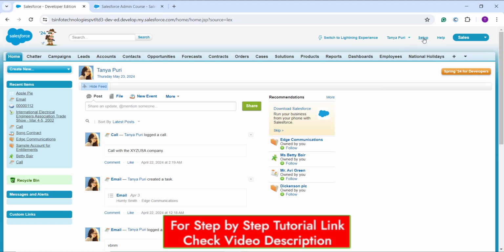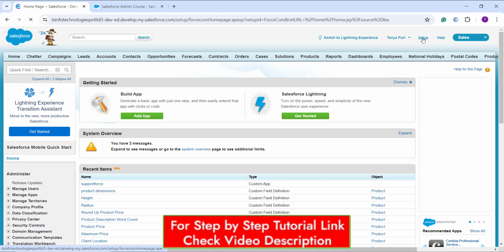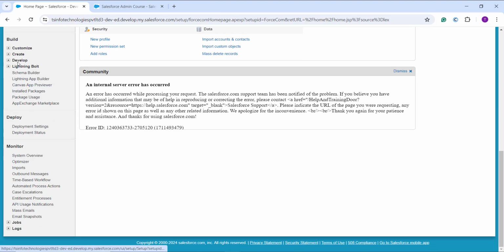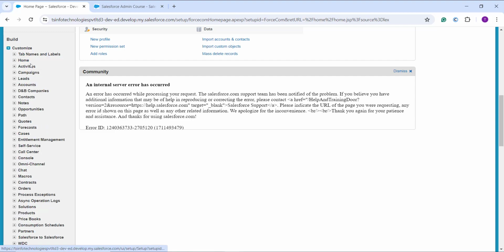And here you can see that on the top you have a setup option. Once I click, it will take me to the setup page of Salesforce Classic. Now you need to scroll down to the customize section, and here you need to expand the drop down and choose the object on which you want to use it. You will only get the standard objects here. If you want to work with a custom one, you need to move to the create drop down. So I am going to show you for the orders.